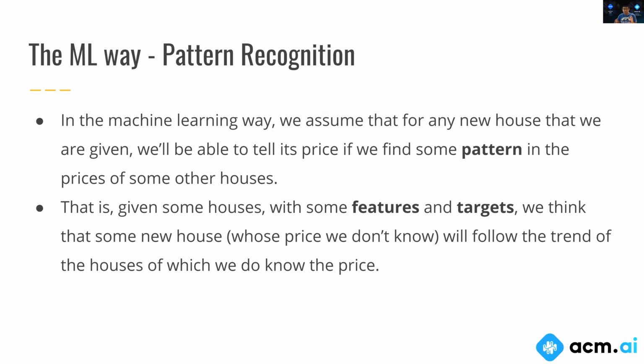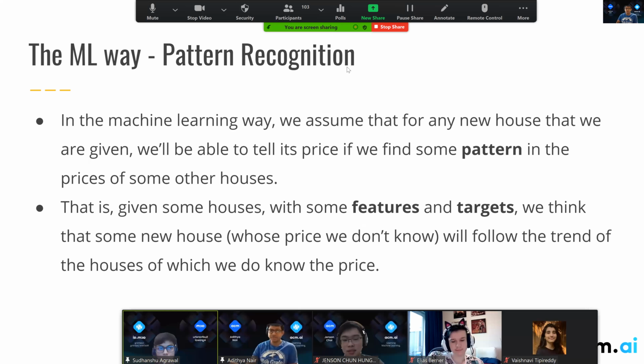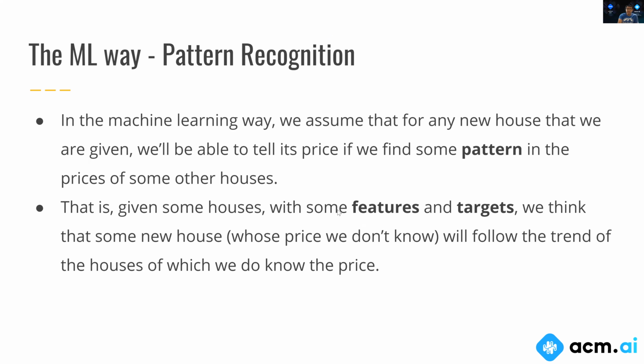We have some features, right? These are the aspects of the house: number of bedrooms, square footage, all that fun stuff. And we have targets, which is the actual price of the house. What our model is trying to do here is find a trend in the huge amount of data that we provide, and based on those trends and patterns that it recognizes, it's going to make predictions on data that we feed it that it's never seen before. And that's why ML is so useful. Okay, let's move on.